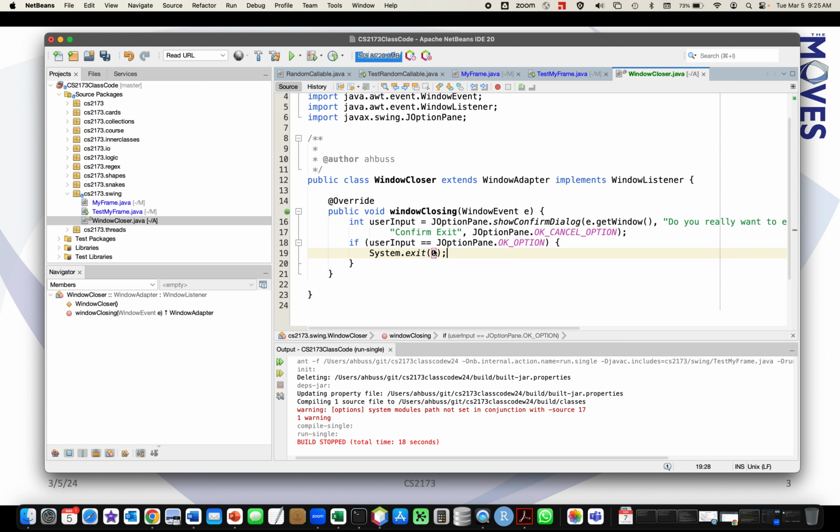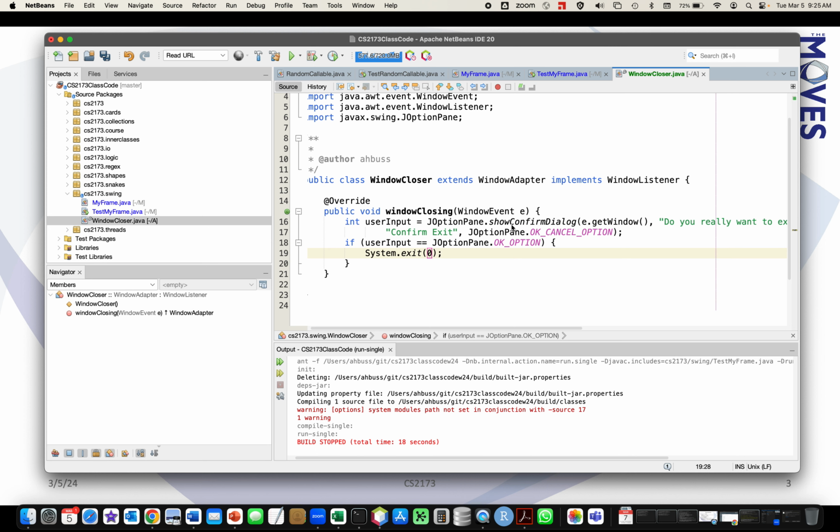The reason for this actually goes back to Unix days: when you're running a program, it always returns an integer. If it returns 0, that means the program exited correctly. If it returns any other number, that means there was some kind of error. You could get that number and figure out what the error was based on how the programmer wrote it. Okay, so now when I run it,